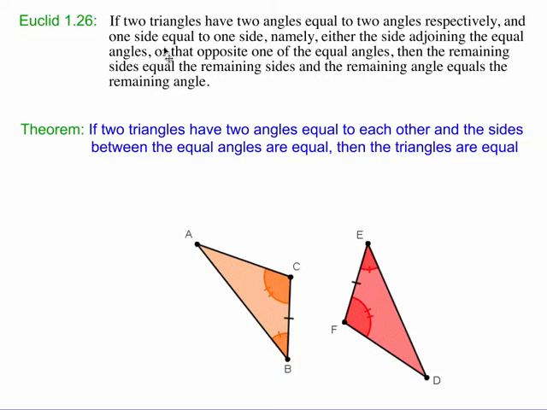Okay, so what does that sound like in more modern terminology? Well, it says if two triangles have two angles equal to each other, and the sides between the angles are equal, then the triangles are equal. Or instead of equal, we could say congruent. So if I've got two angles equal to two angles, and the sides between them are equal, then the triangles